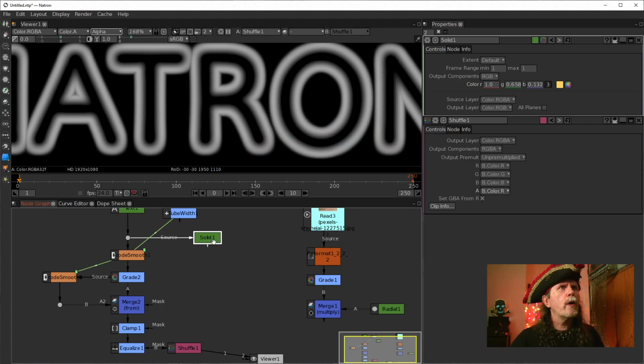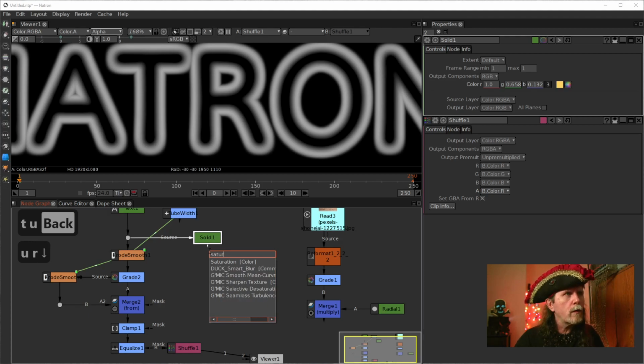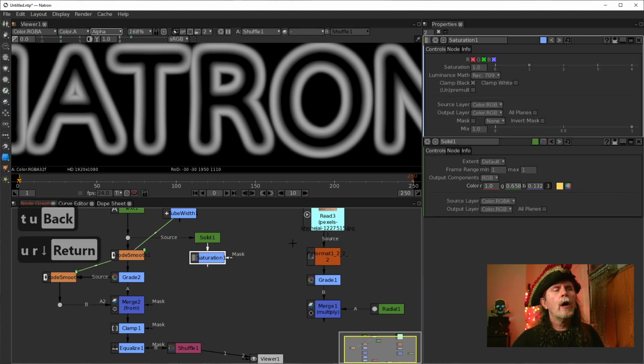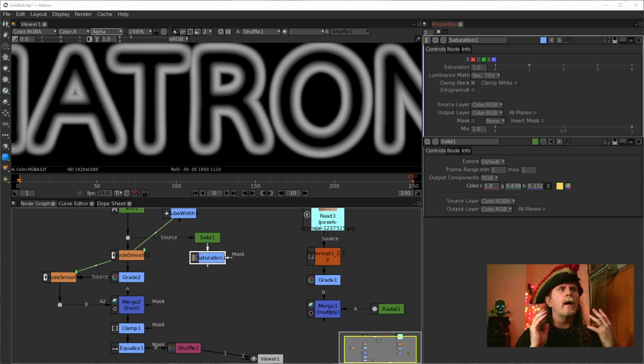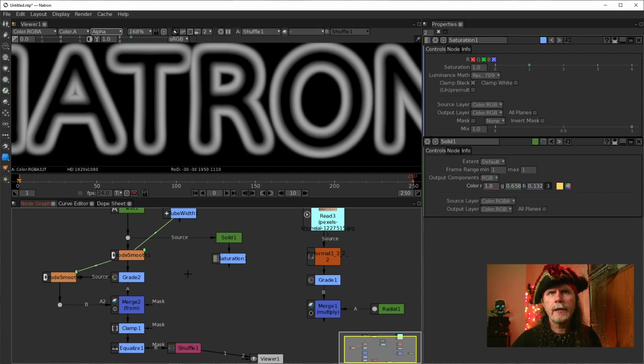And then what we're going to do is put a saturation node in here, and this is going to be one of our second main controls. Saturation. There we go. So the saturation control is going to control how bright our neon is going to be. And we're basically going to be multiplying it against this